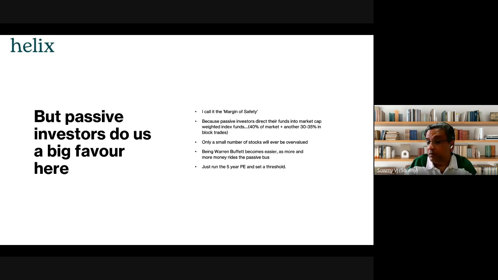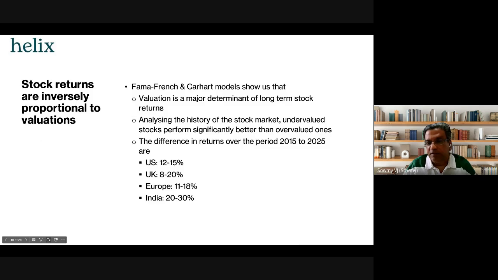So this is exactly what Warren Buffett and many value investors do, because they know that by driving a vast majority of the market towards passive investing into market cap weighted index funds, you've got a whole variety of stocks to play with, right? And if you know how to pick the right stocks, then it's not very difficult to generate a good investment return.